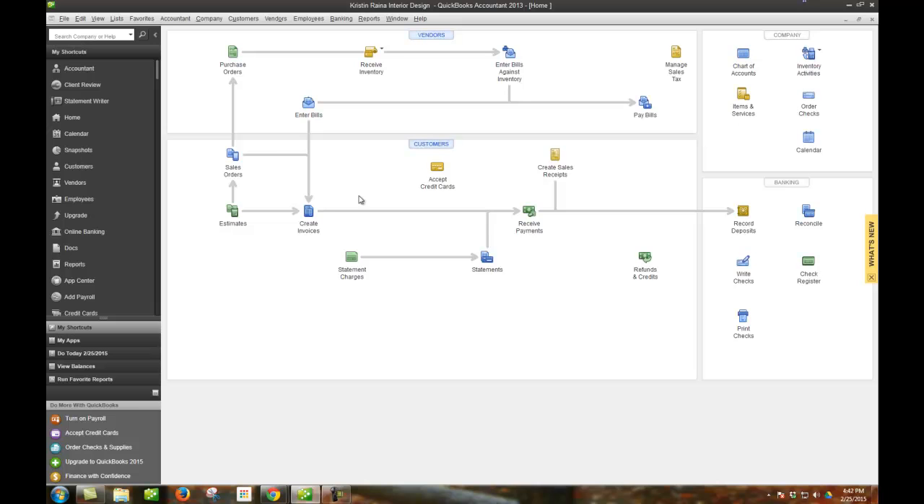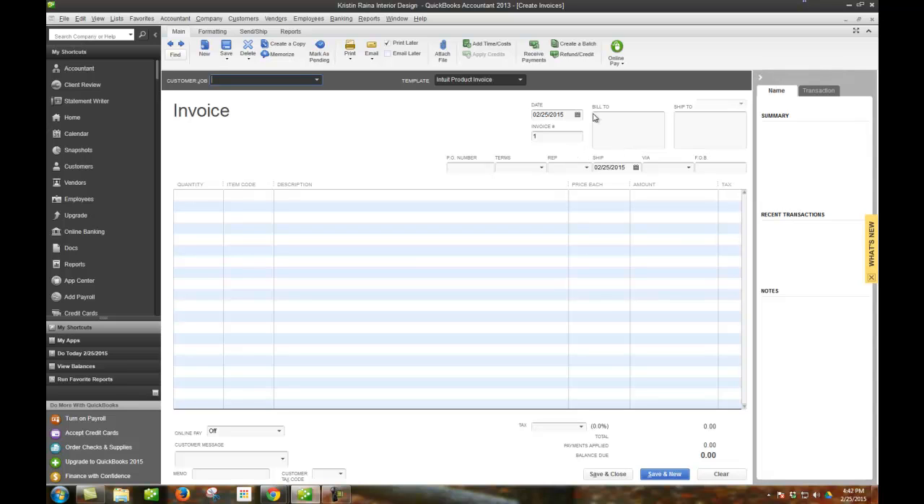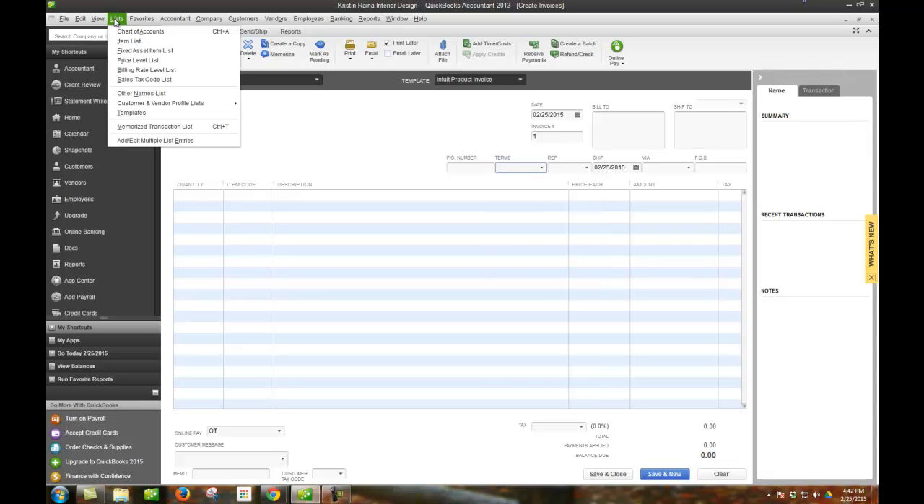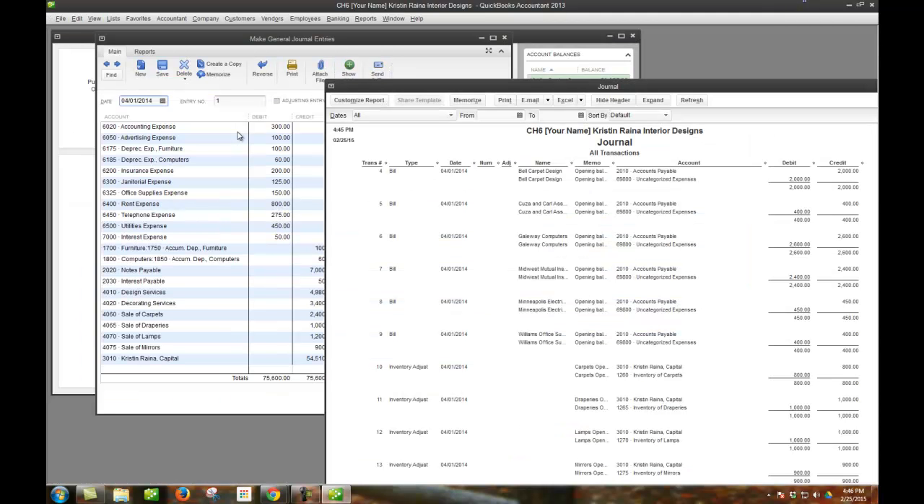And then of course, if I go back here to my home page, and let's say that I was making an invoice, again, I'm talking about the terms that you see right here. Those are what you're going to see that are, again, found under Lists, Customer and Vendor Profile Lists, and then Terms List. So now I'm on page 6-48, and now we're going to complete the new company setup, again, using